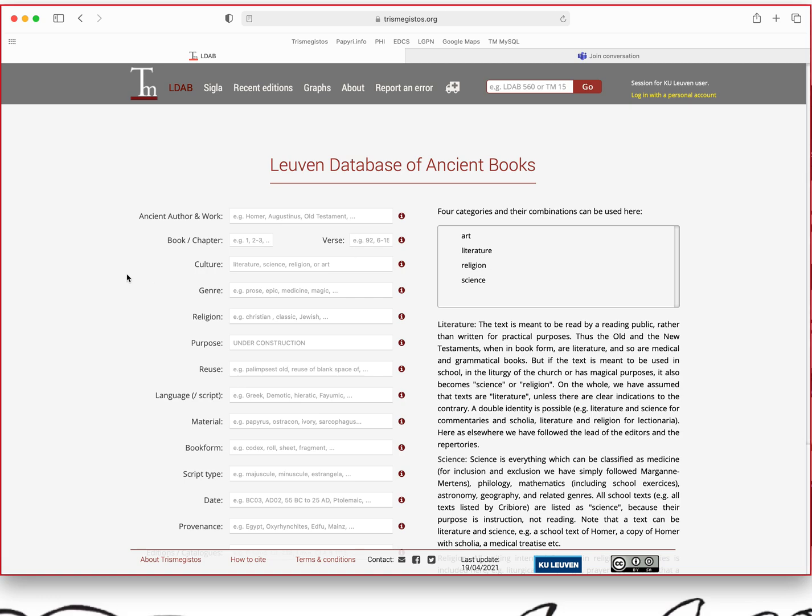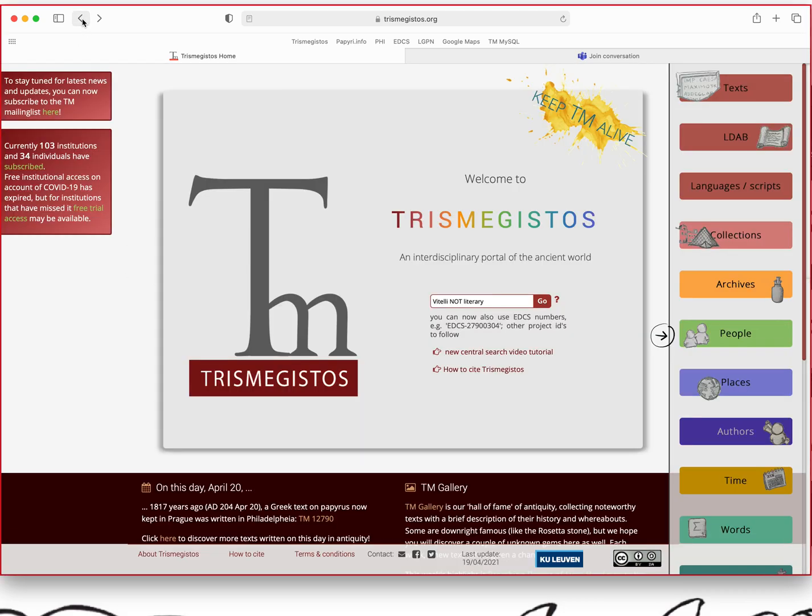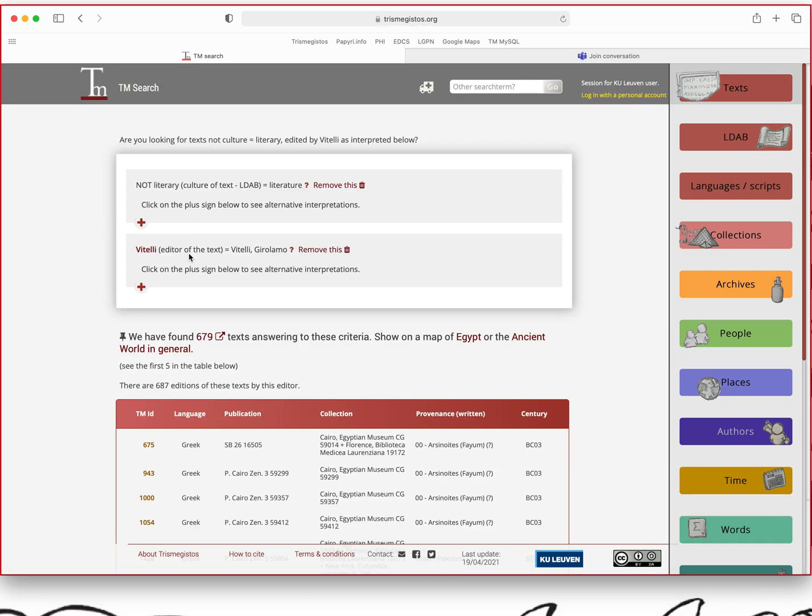If you want to interpret this in the broadest sense, in the sense that I just want all texts edited by Vitelli that are included in the LDAB, whether they're categorized as literature there or not, you can